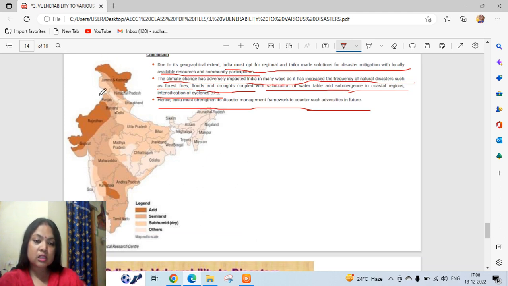In this map, the deep brown color shows the arid regions. Arid means the moisture is very less. Some part is desert. Look here, it is Rajasthan, so it is arid. Then there are semi-arid, sub-humid and others. You can mark it in this map by matching with the legend given here, to see which part of our country comes under which type of climate or drought prone area.